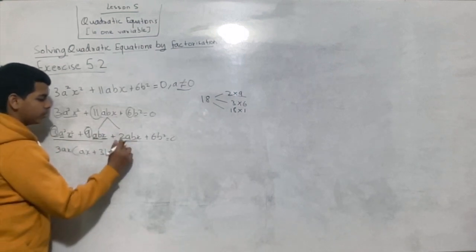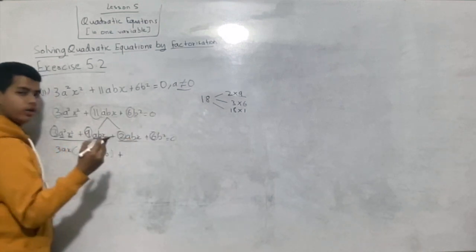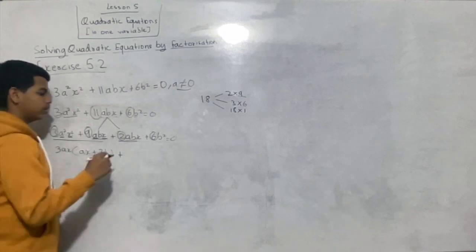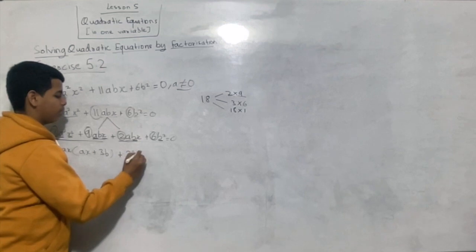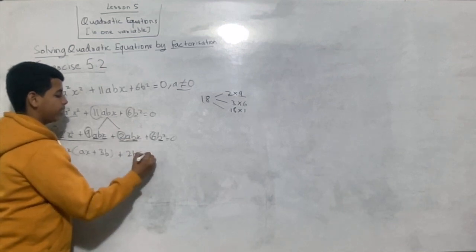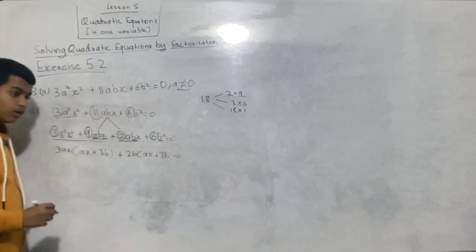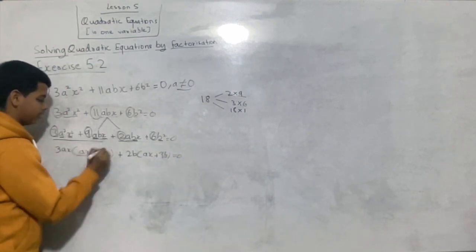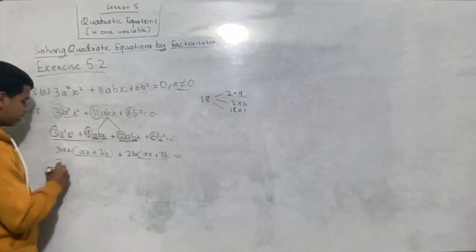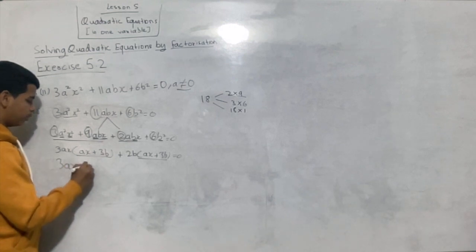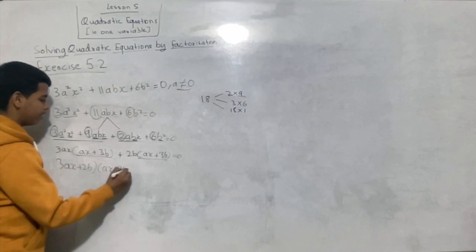Now let's do the same thing for this one. What is common here? 2 is common. 2 into 6, 2 into 3 is 6. And here b is there and b is there. Nothing else. So 2b is common in both. When we take 2b out of it, we get ax plus 3b. Now notice that this bracket and this bracket are the same. So what we can do, as I told you earlier, is 3ax plus 2b times ax plus 3b is equal